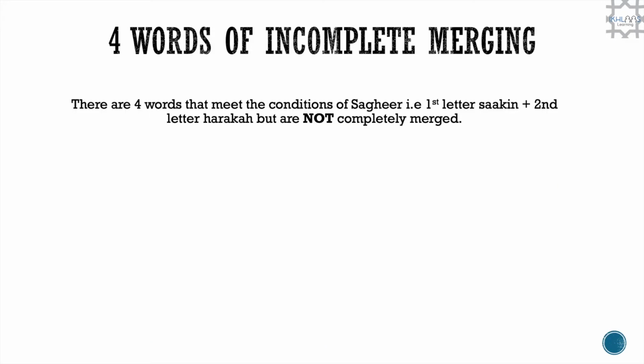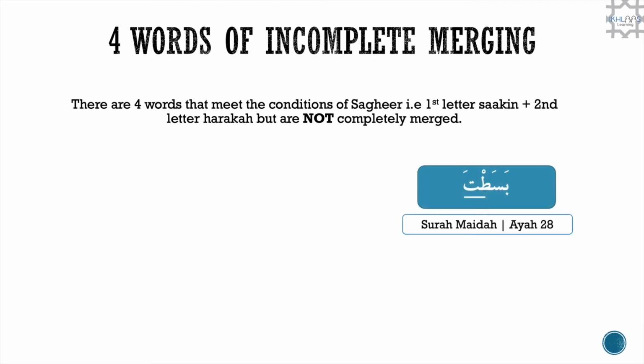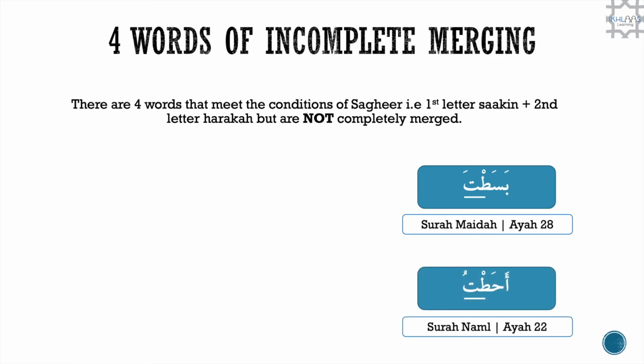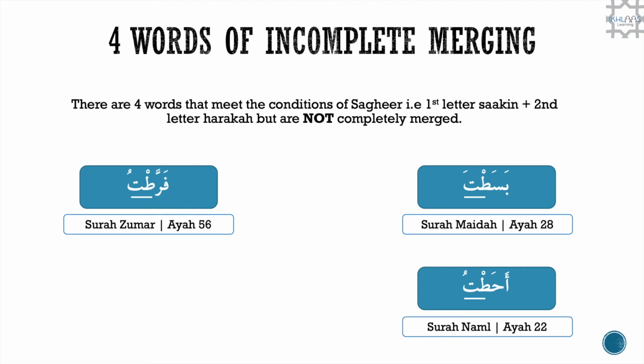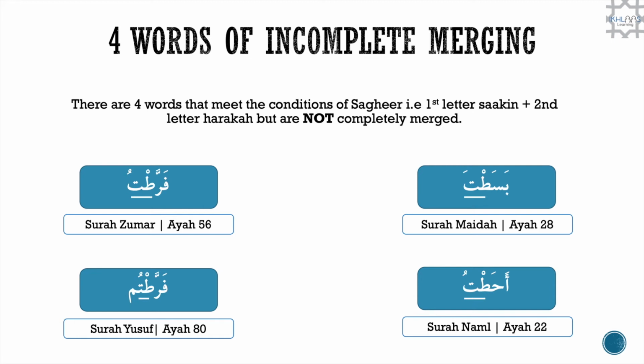There are 4 words of incomplete merging. These are 4 words that meet the conditions of Saghir, which means that the first letter is sakin and the second letter has a haraka, but they are not completely merged. These examples are of the word basatta from Surah Al-Ma'idah, ayah number 28, ahattu, Surah Al-Naml, ayah number 22, farrattu, Surah Al-Zumar, ayah 56, and farrattum, Surah Yusuf, ayah